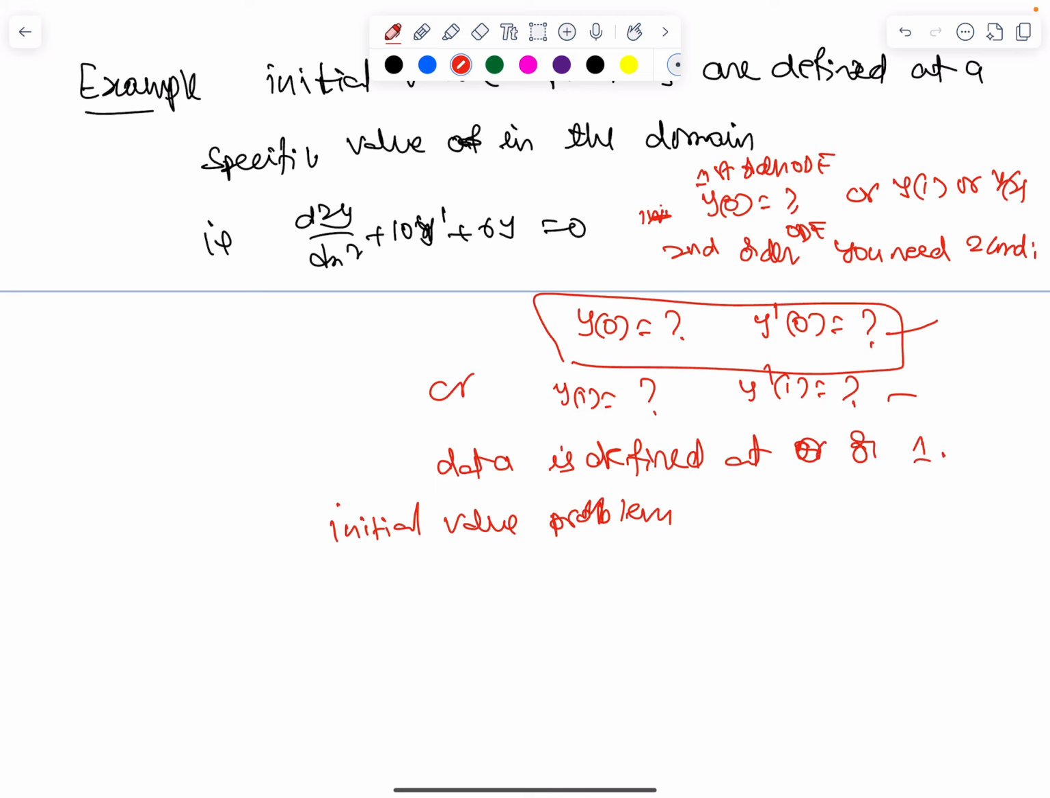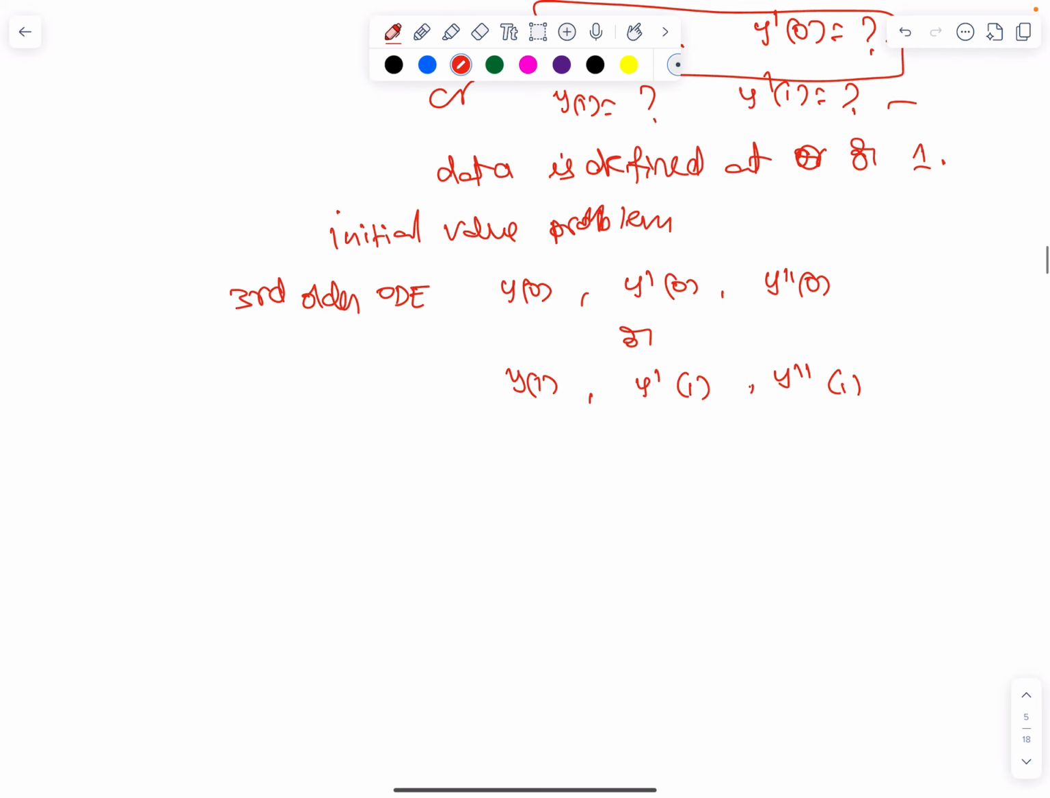This is true even if you have a third order differential equation, but it must be defined at the same point, in the form of a third order ODE: y(0), y prime of 0, y double prime of 0, or y(1), y prime of 1, y double prime of 1. These are called initial value problems. Boundary value problems are